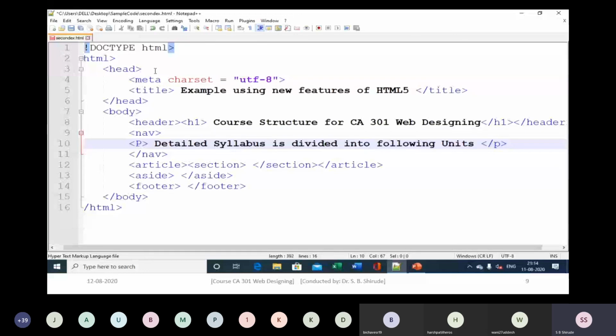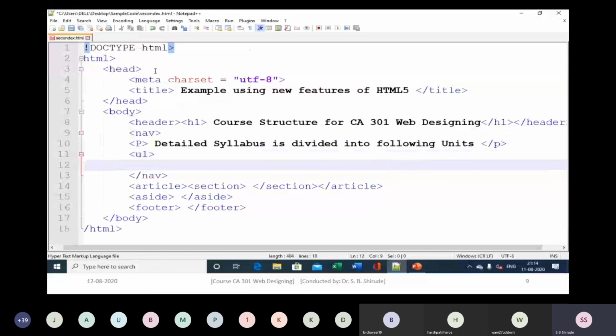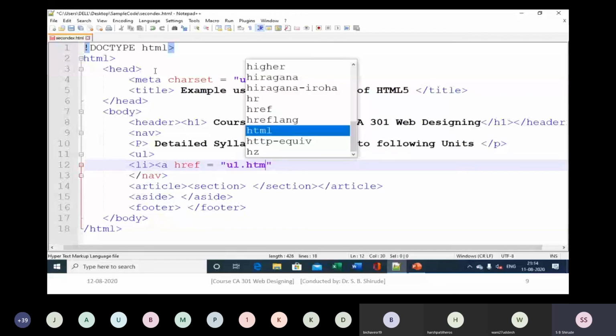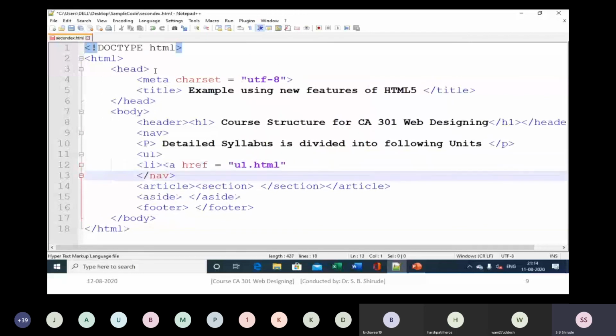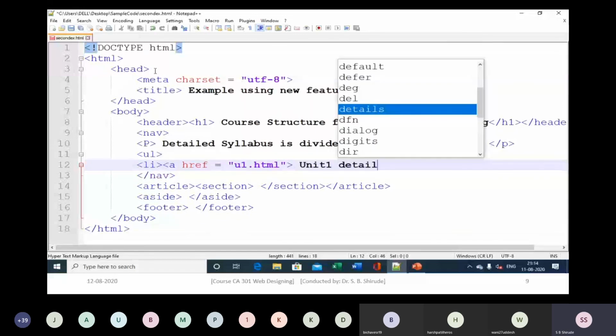With the help of the UL element, you can add the unordered list. The li element will allow you to put the first item of the list, and in the list we will add a link. So use the anchor element and specify the href attribute: href is equal to u1.html, Unit 1 details. So that will be the first item and the first link in the navigation bar.